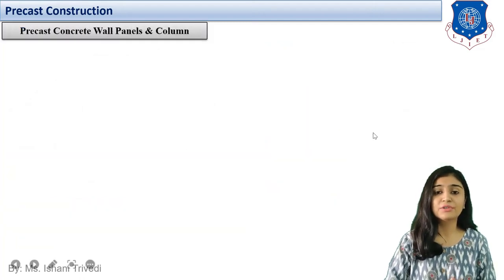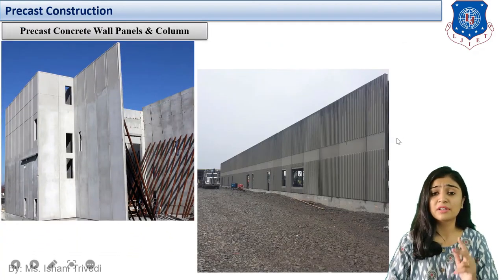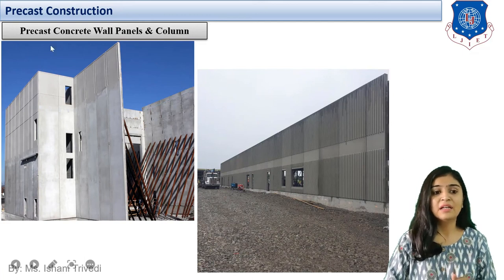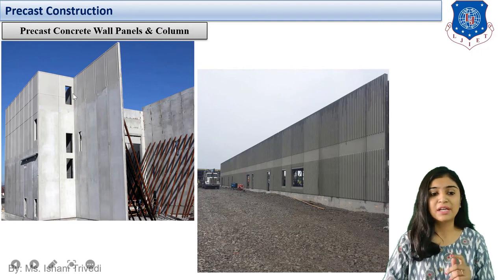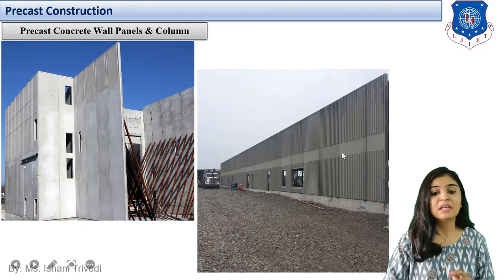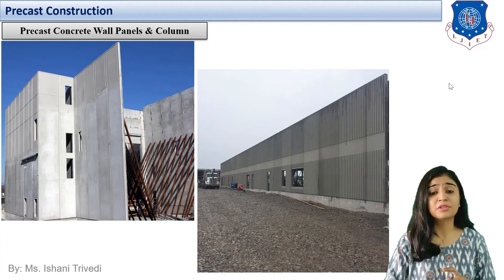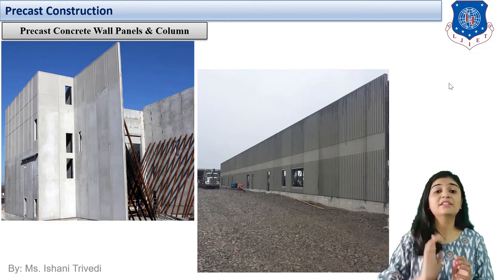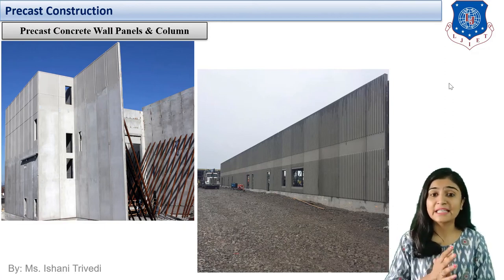Now moving forward to the third type of precast concrete element, we have wall panels and columns. Now students, see, I am flashing over here. This is my example of a precast concrete wall panel. Over here, this is also an example of a precast concrete wall panel. The walls will be constructed in the form of panels. Identical shape and size panels will be constructed, and it also becomes easier to construct because if they are identical in shape, then you can construct in bulk very easily.